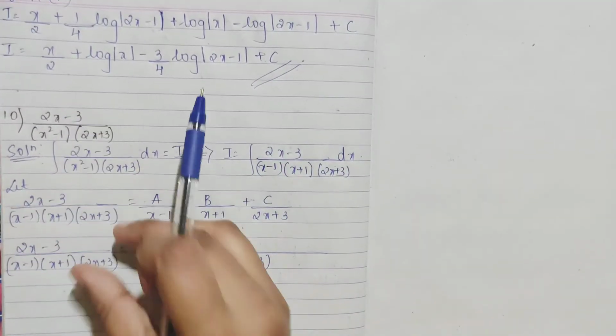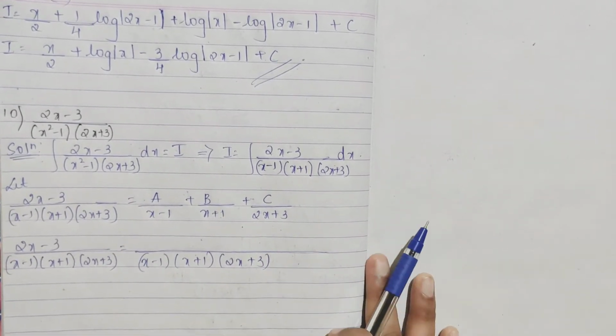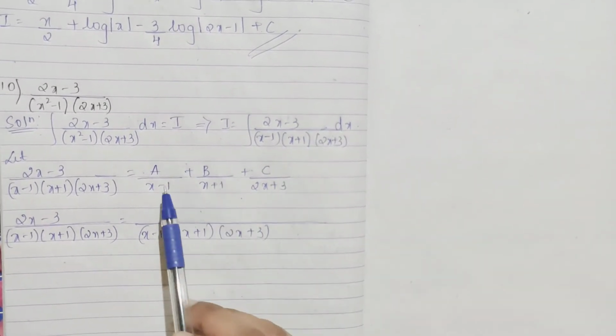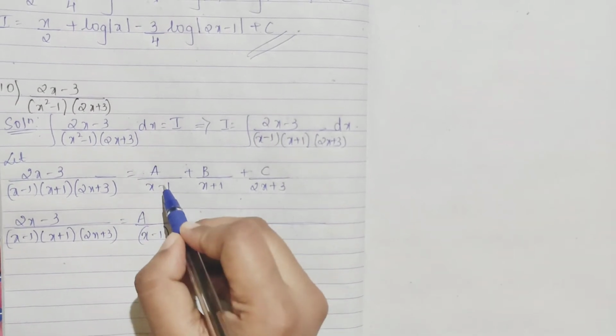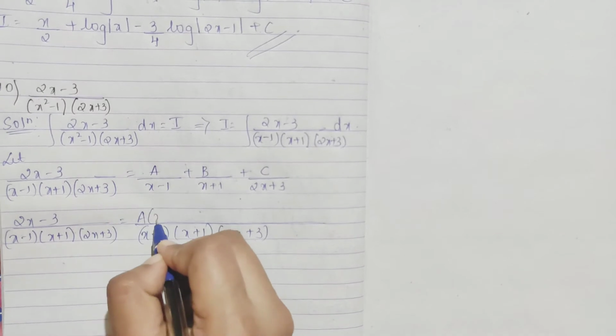So applying your partial fraction: A by x minus 1 plus B by x plus 1, plus C by 2x plus 3. Now the next step is to find the values of A and B. Before that, you have to take the LCM. So A times (x minus 1)... x plus 1 and 2x plus 3 you have to multiply,